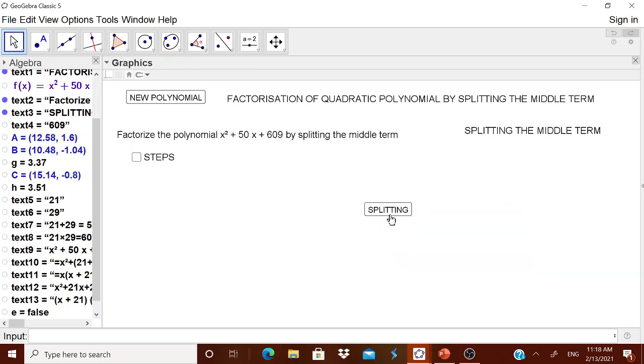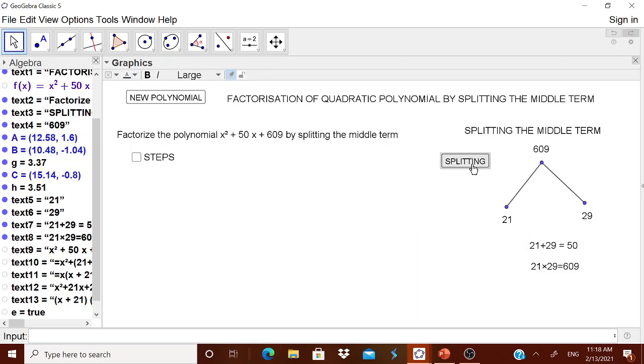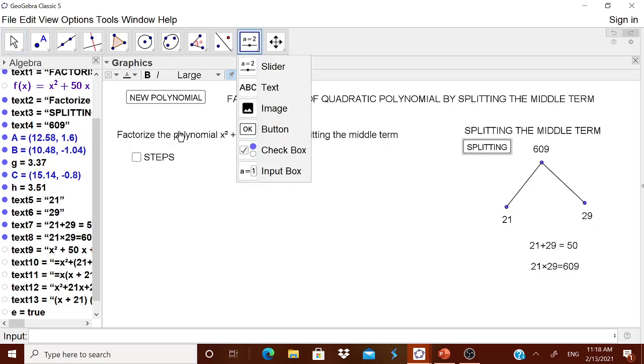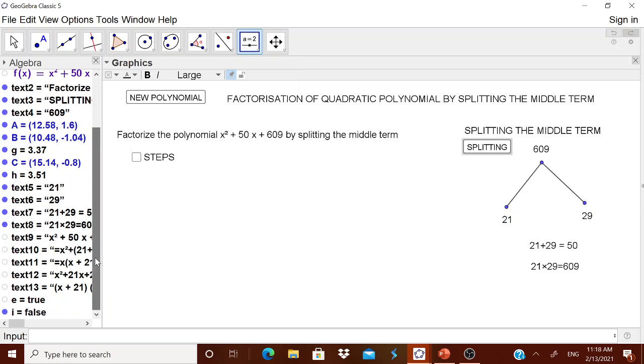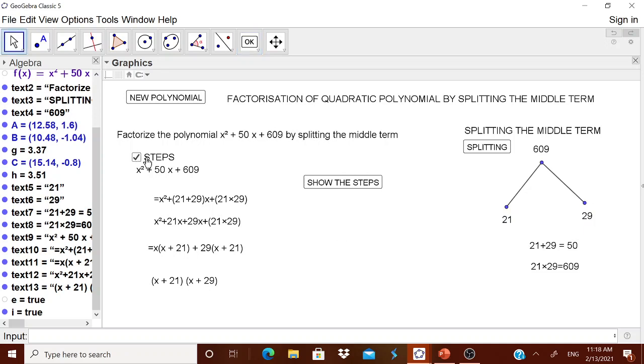See, one minute. I'll do it here also. It will come out and then put it over here. Okay, now here are the steps also. What you can do is, this steps is, I think, I. Therefore we can go for an OK button. You can type here, show the steps. Okay, here you can write I is equal to true. Is it okay? Keep it as OK. You see, steps are shown. Now this can be hidden.